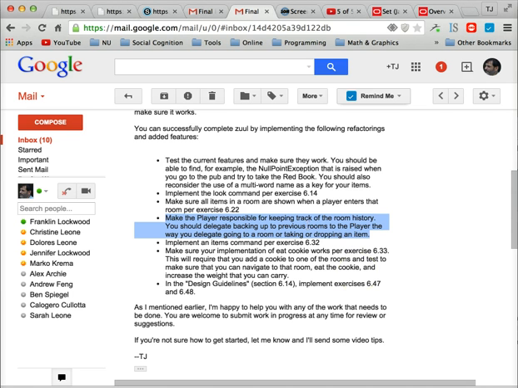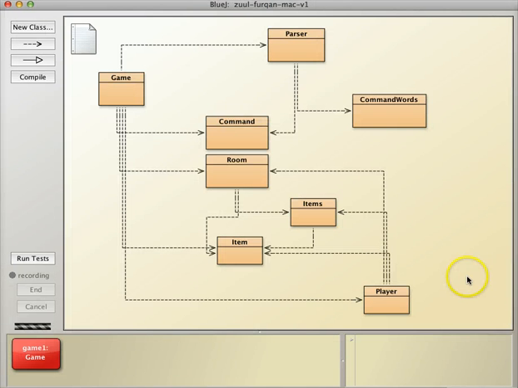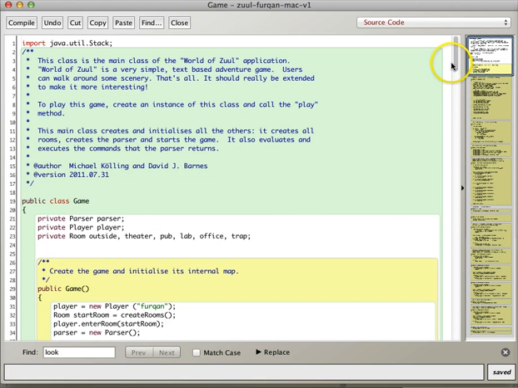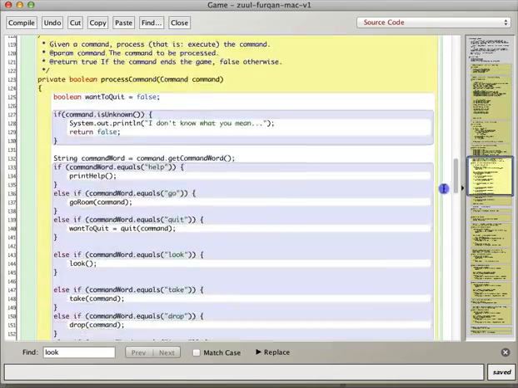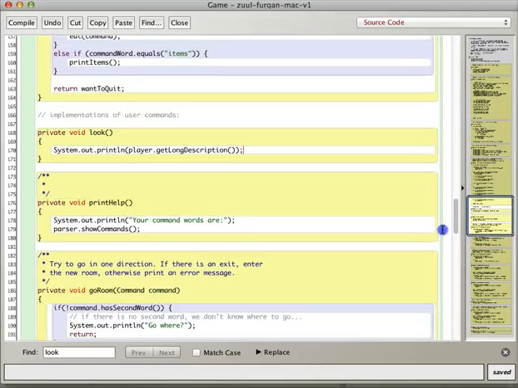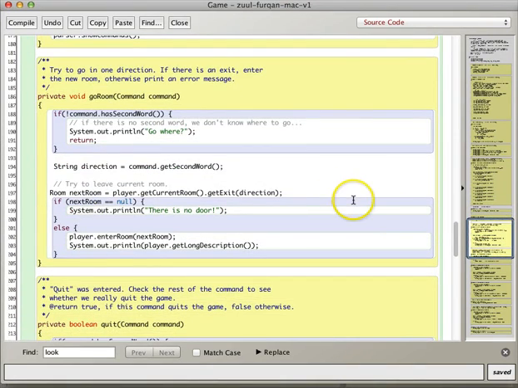So delegating, so in the book they talk about responsibility-driven programming. And you want to delegate responsibility to the class that ought to be responsible for it. So like when you go to another room, let's see, what do we do when we go to another room? When you go to another room, you're delegating some responsibility to the player here, right, for getting the next room